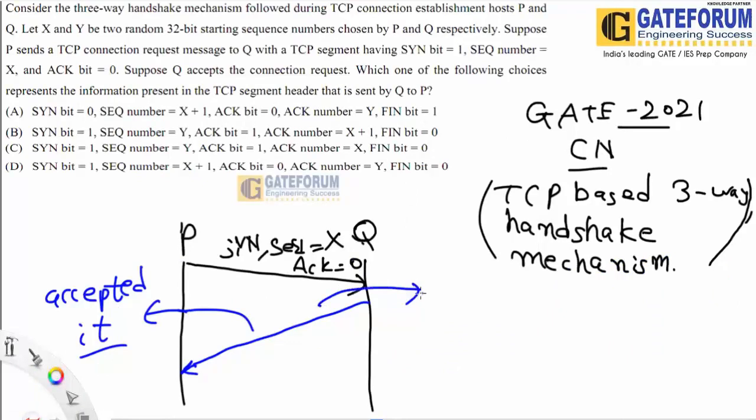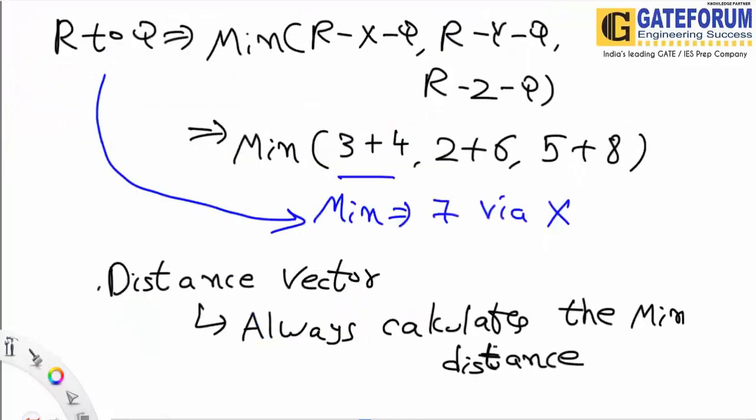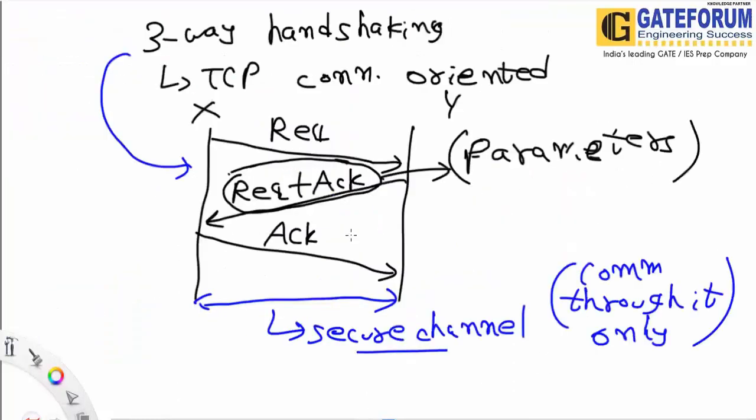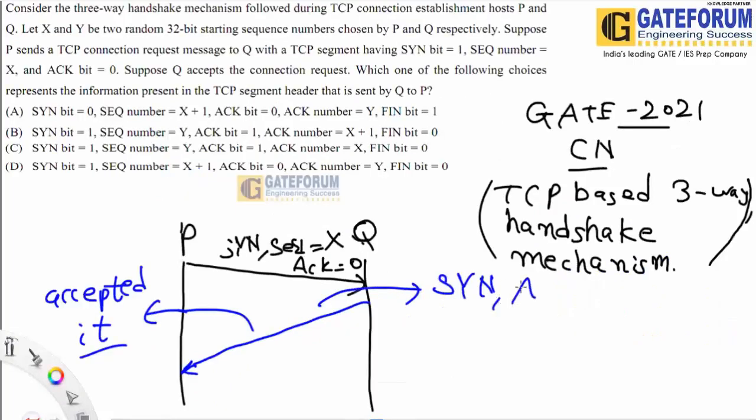As I mentioned, it is a SYN and an acknowledgement. It is SYN plus acknowledgement. So request plus acknowledgement, both the things are there. So SYN and acknowledgement, both the bits would be 1. For SYN, 1,